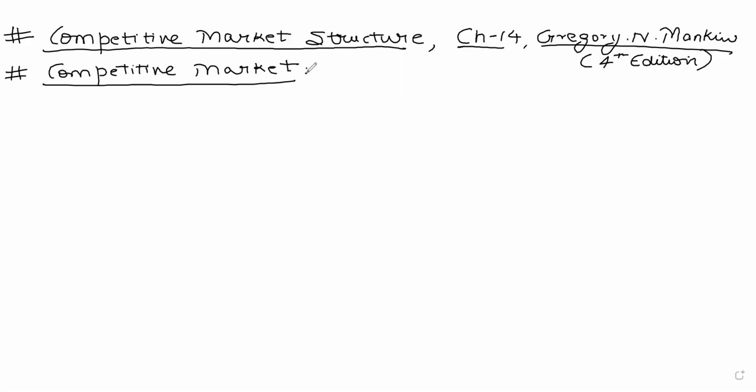One of the forms of market structure which all of you had done was perfect competition. Students also know about the features of a perfectly competitive market. So we can write: a perfectly competitive market